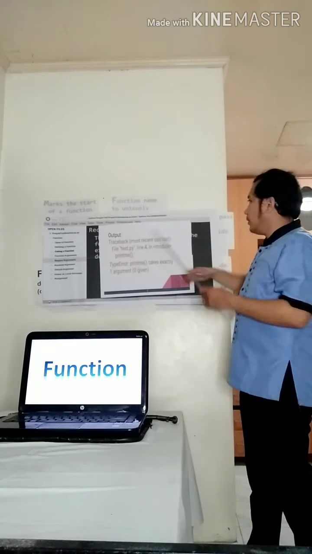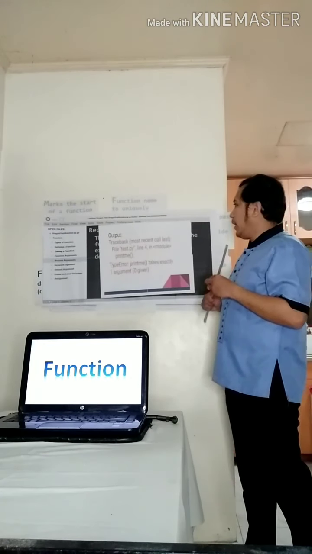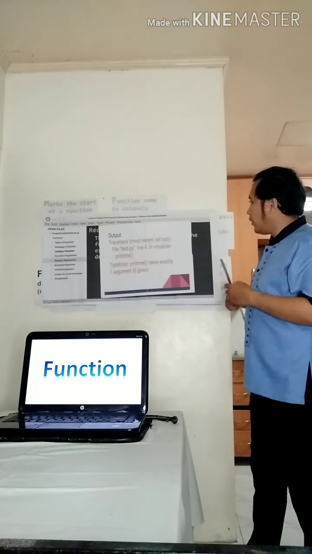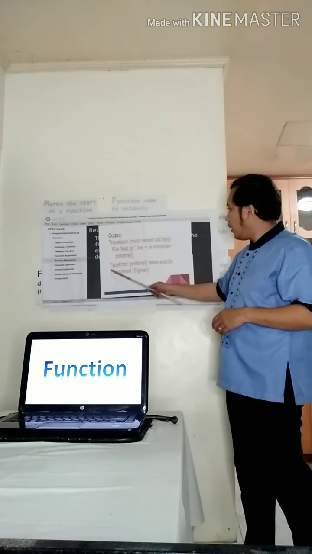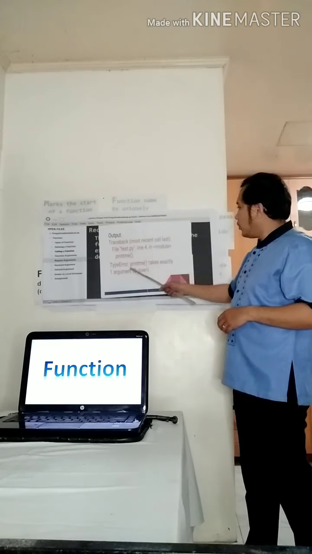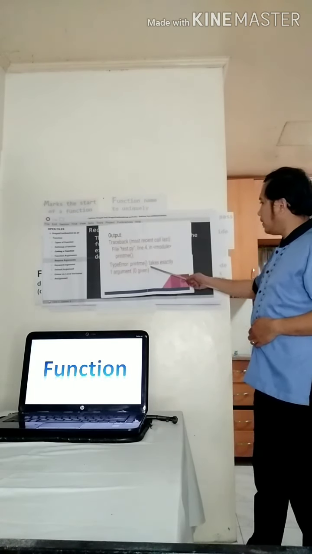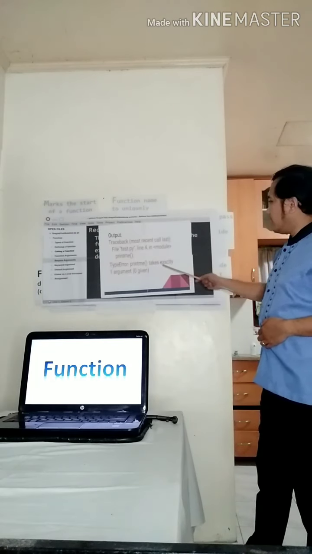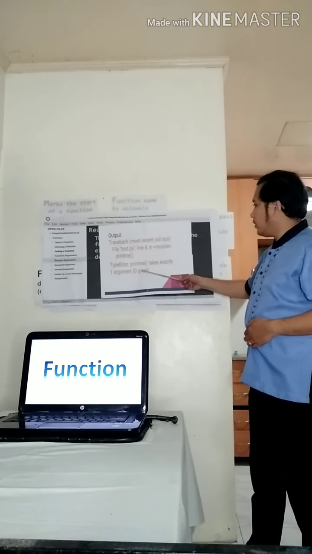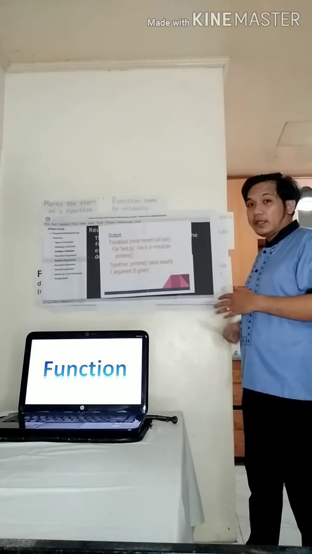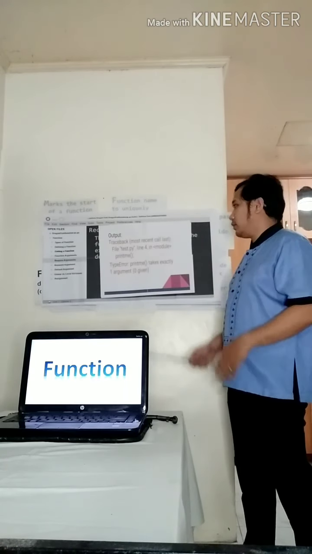That's why the output is an error. When you read the error, it will tell you what is wrong with the function. It says print_me function takes exactly one argument and then 0 given. So that's your hint of what the error of the function is.